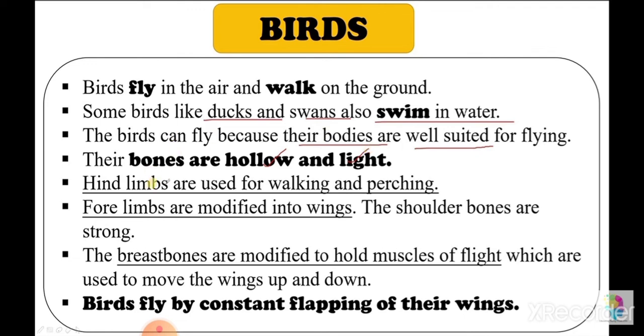The hind limbs are used for walking and perching. The forelimbs are modified into wings. The breast bones are modified to hold muscles of flight which are used to move the wings up and down. Birds fly by